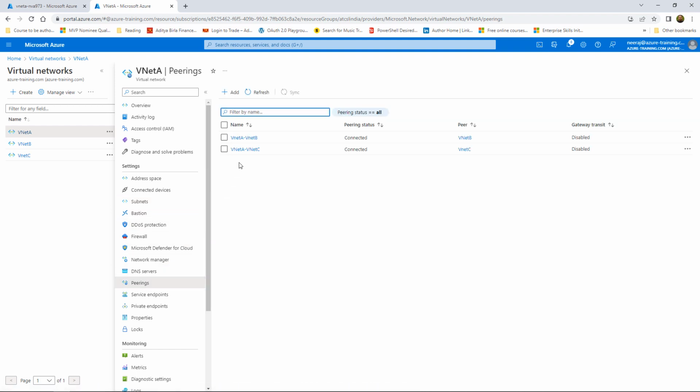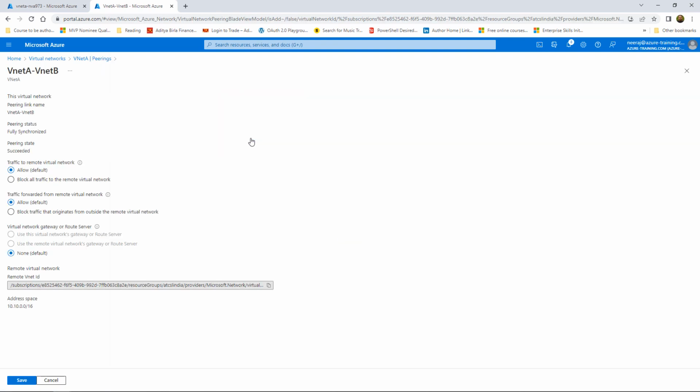One more thing before I move out is I'll click on peerings under settings, and here I have two peerings. One is between virtual network A and virtual network B, and the second one is between virtual network A and virtual network C. To see the details, I'll click on the peering between virtual network A and virtual network B. Here, the peering link name is VNet A and VNet B. It is showing that this is this virtual network. And if I look down here, it shows me the address space of